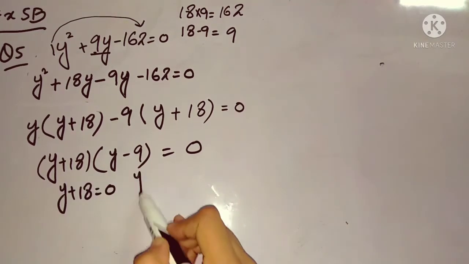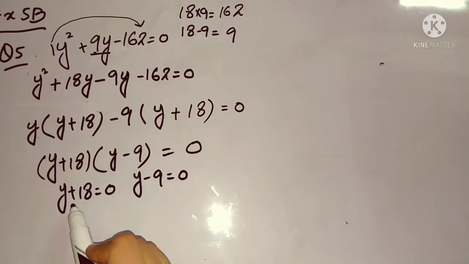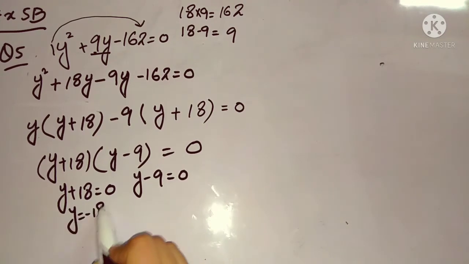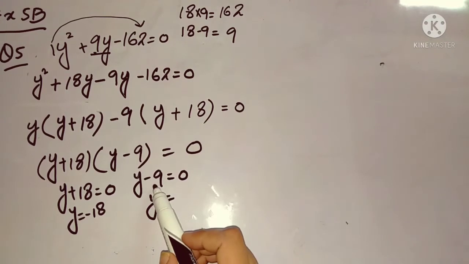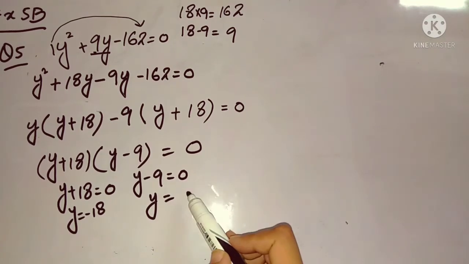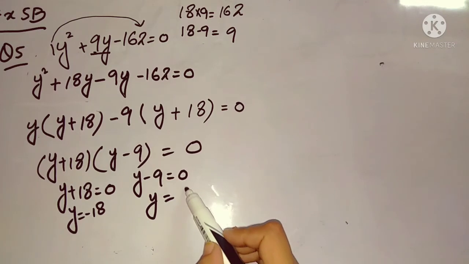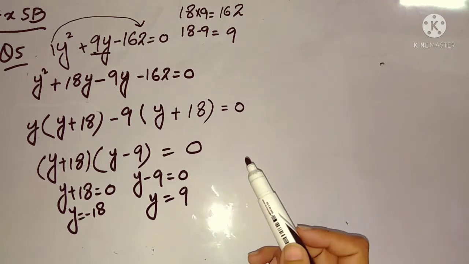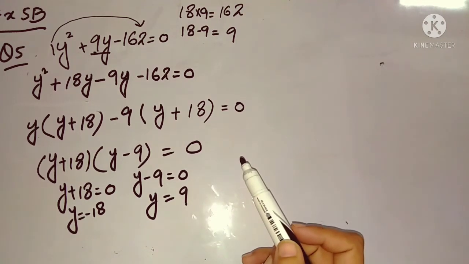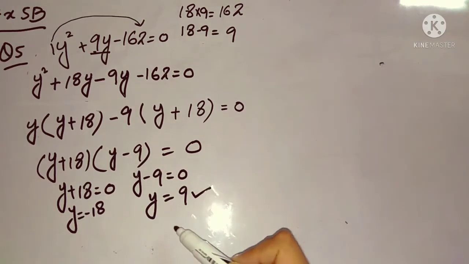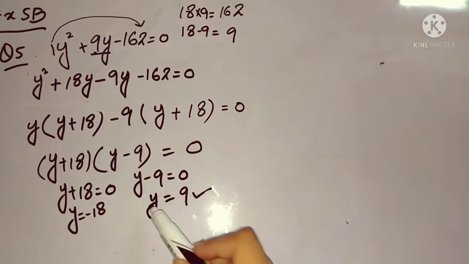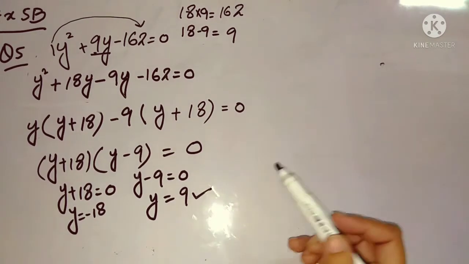Now from these two terms, as you can see, y plus 18 is present in this whole term and in this whole term, so you can take y plus 18 common. When you take y plus 18 common, what will be left in this term? y will be left, and what will be left in this term? 9 will be left. Now both brackets are equal to 0, so we make them equal to 0. y plus 18 is equal to 0 and y minus 9 is equal to 0.